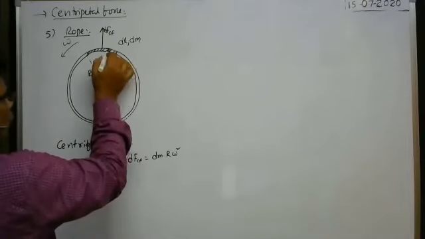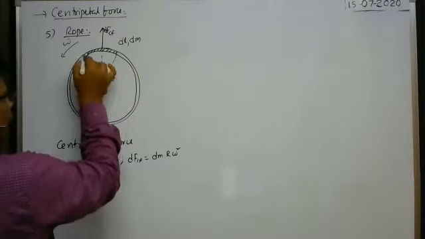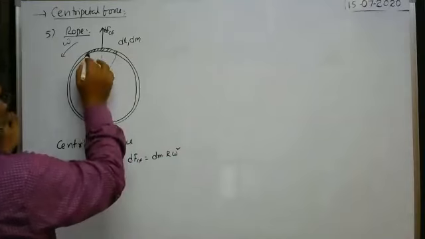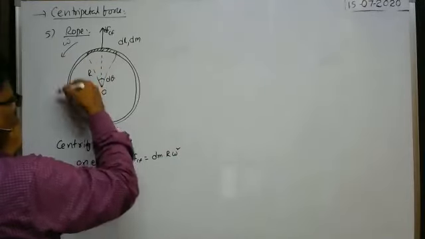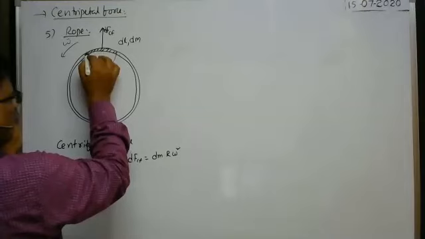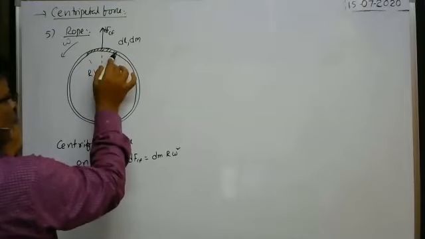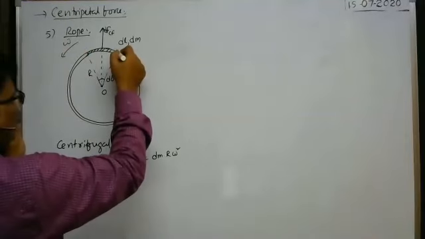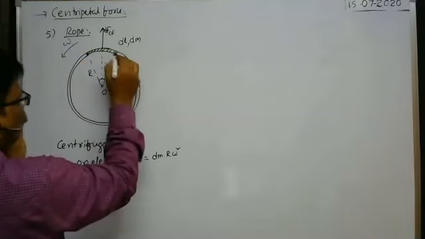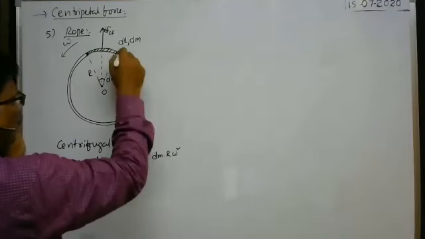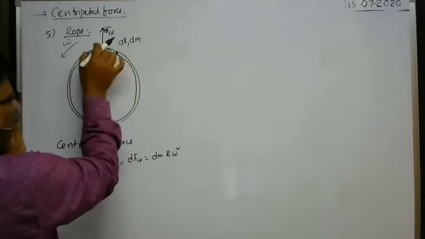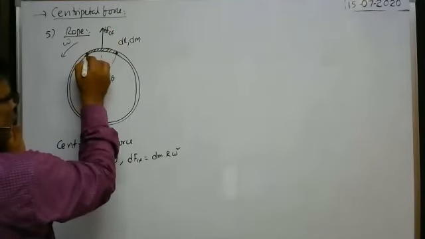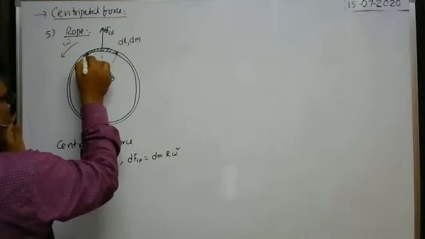This centrifugal force pulls the element away from the center. Similarly, each and every element is pulled away from the center. But at the same time, if you consider this element, the remaining part of the loop, exactly at the two ends of the element, pulls the element along this direction with a certain force called tension.